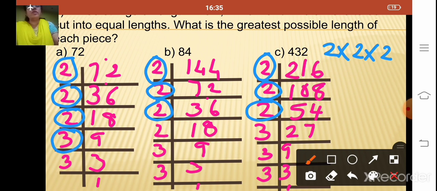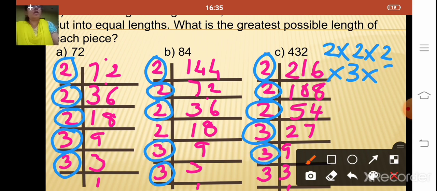Now which are the numbers? 3. Let us see whether 3 is common here. Yes, 3, 3 and 3. So multiplied by 3. Now which are the remaining? We have to find the HCF, so only the common factors we will take. So 2 2s are 4, 4 2s are 8, 8 3s are 24 and 24 into 3 is